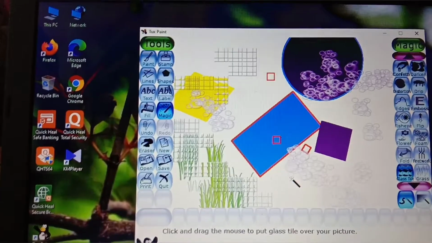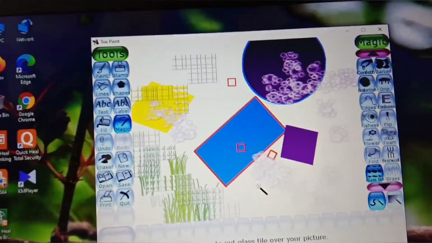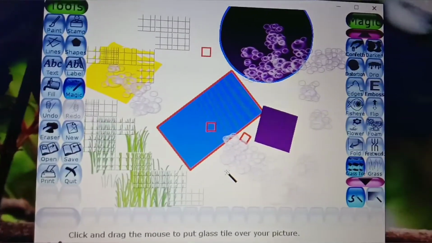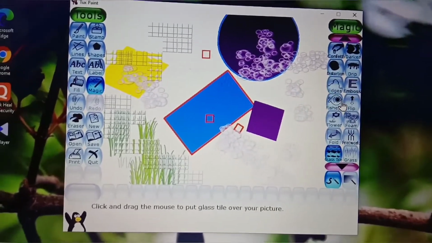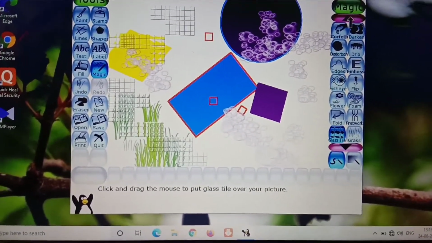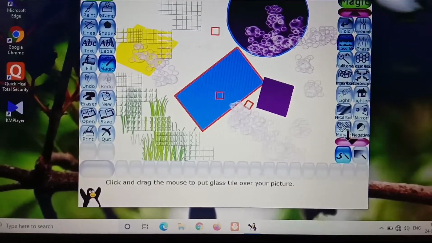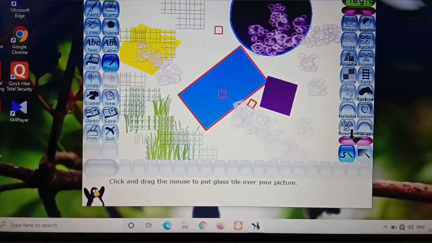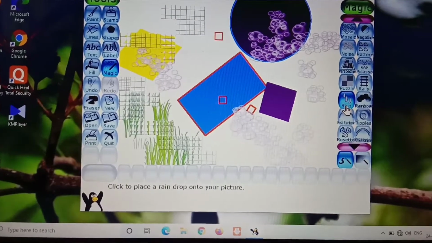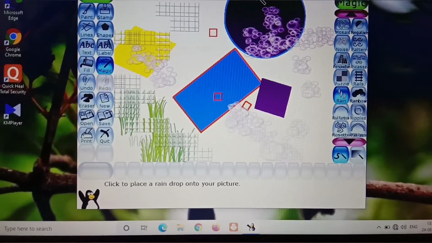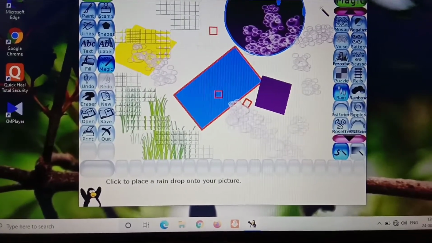Understood? Then comes rain. So in the rain also you have to click the rain effect. Okay, you can see the water droplet.